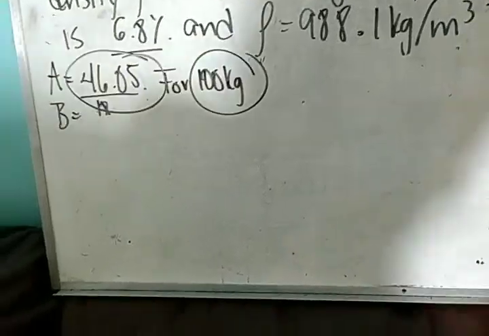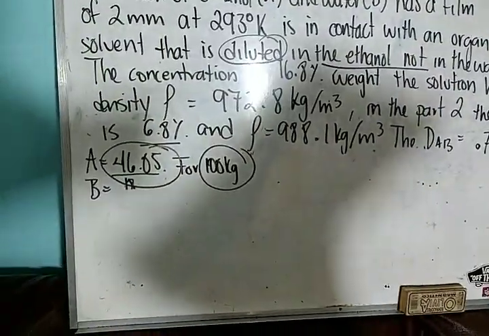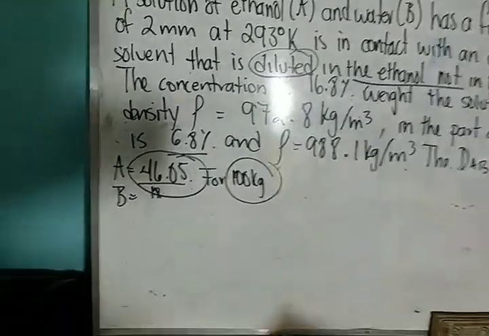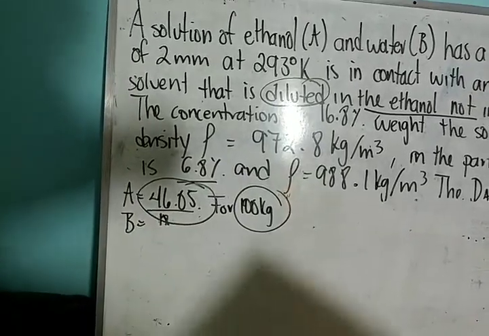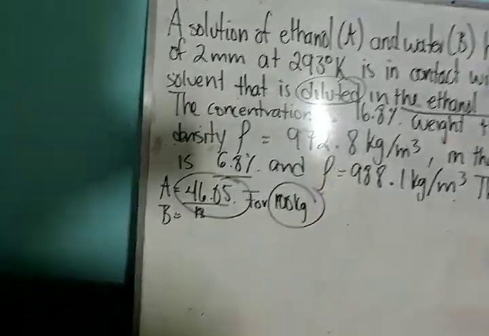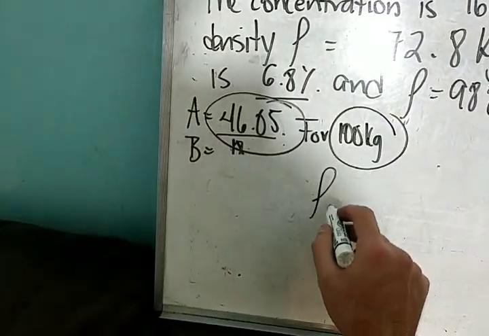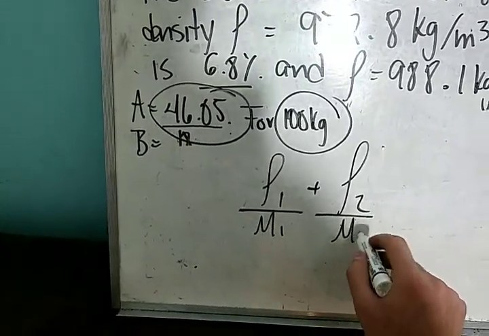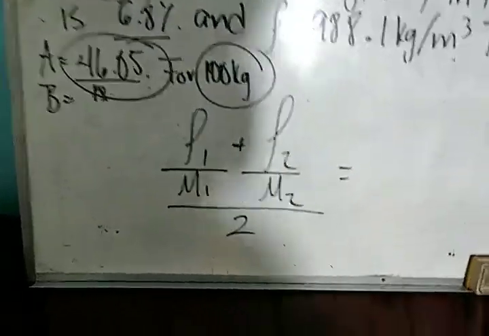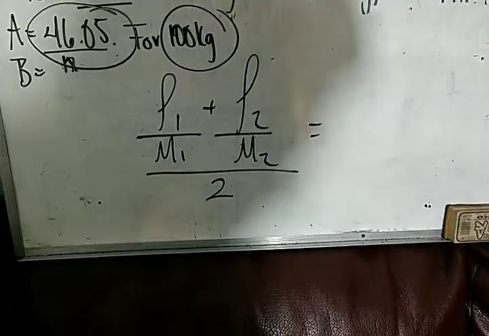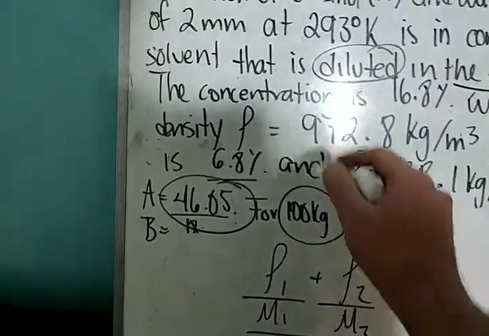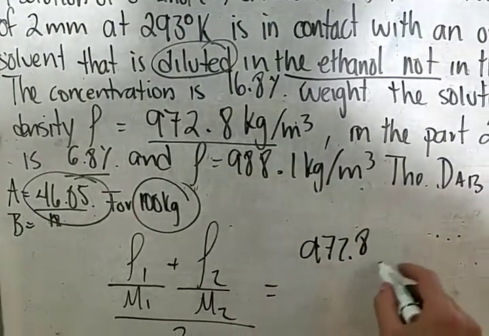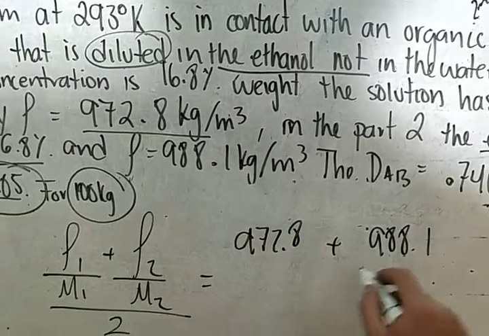We already checked xb1 and xb2, xa1 and xa2. Also, we already checked m1 and m2. And the last detail that we have to consider is the fraction. We're going to have the densities, and we already know the densities, okay? We have the density of the first part, 972.8 plus 988.1 divided by